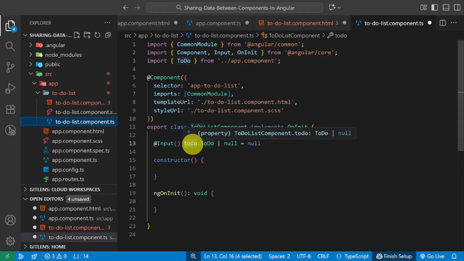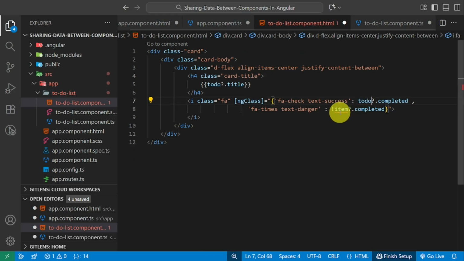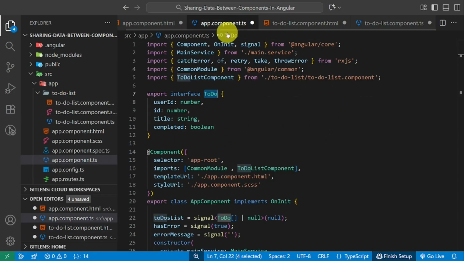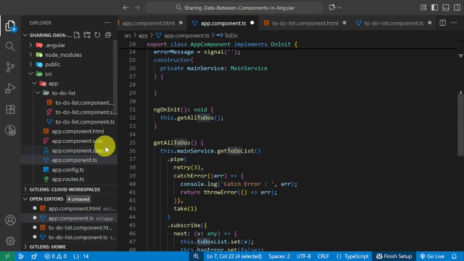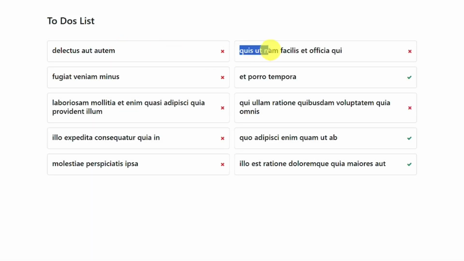With this technique, I just send item from parent to the child component. Now I replace them. Great. Nothing here. Now, if you look at the browser, it works.